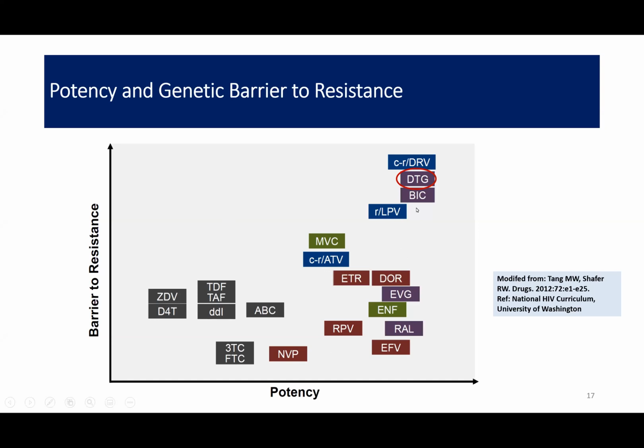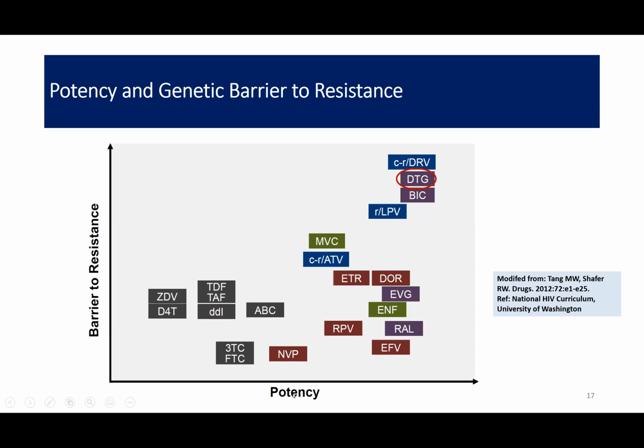I'll not go in details of resistance and potency and barriers, the mutations as such, but all these are acronyms of ART drugs. I just want you to pay attention to some of the acronyms here, like zidovudine, stavudine, tenofovir. These are in terms of barrier to resistance and potency in the left lower quadrant, if I can say that. As compared to this, DTG is in the right upper quadrant, which means DTG and darunavir have the highest barrier to resistance, which means it is very difficult for the HIV virus to become resistant to these particular drugs, even if they are not adherent.